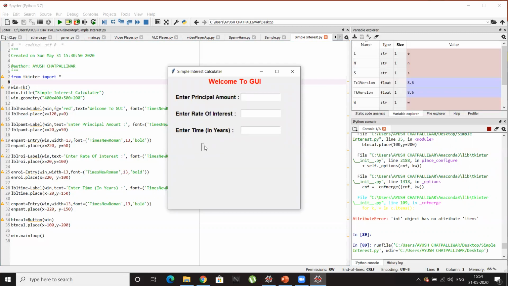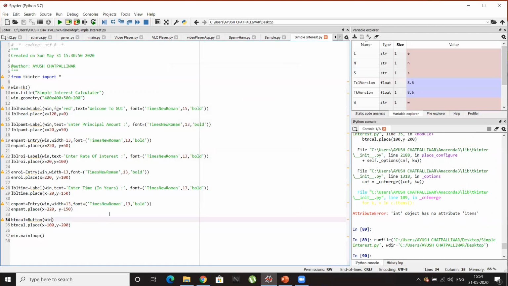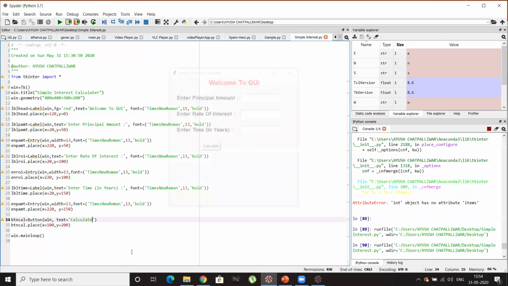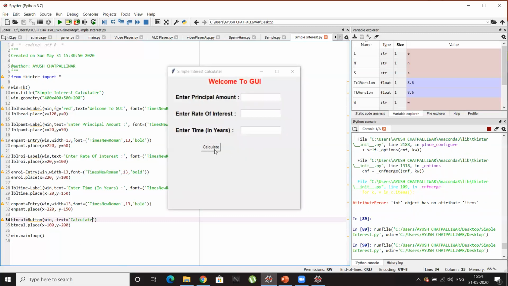It is a button, meaning we have successfully got the button, but we'll need to give some dimensions and make some changes in it. We can even give text to the button. We haven't given text to our button yet. So firstly, we will give the text, and the text on my button will be calculate. Let's see if we have got the text. Oh yes, you can see, perfect. It's also clickable. You can see the calculate button.